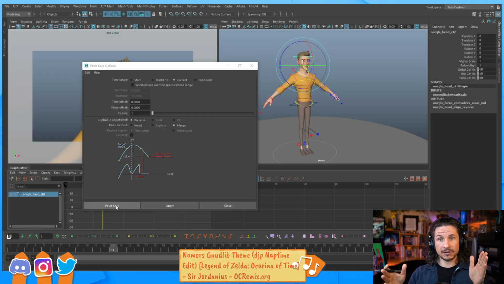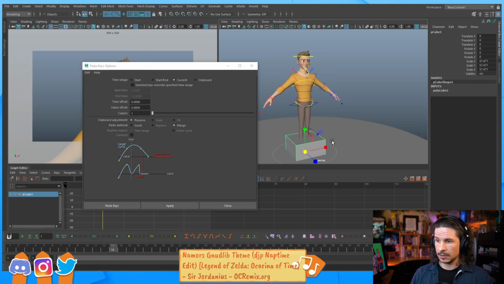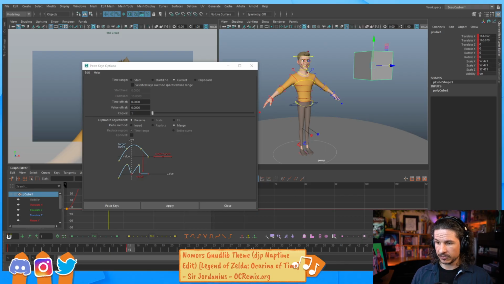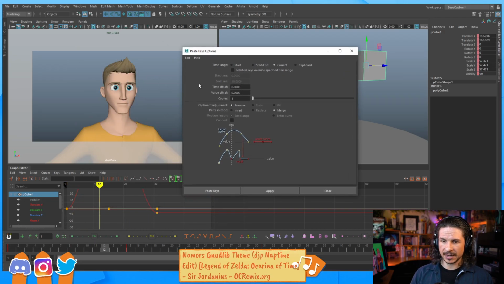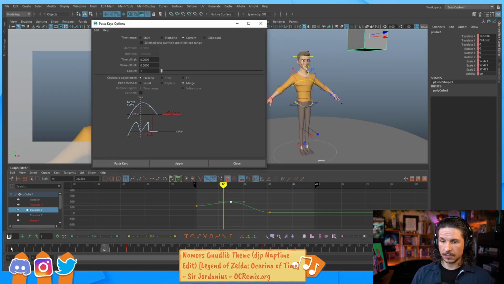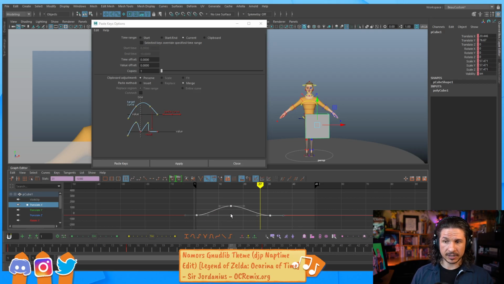So if I copied my animation from frame, let's do this. I'm going to create a simple cube. And we're just going to do some simple animation here, from frame 1 to 15 and then to 31 like that. Okay. So this is not a great animation by any means, but I just want some motion here. Okay. So the cube goes over and then back. There we go. So if I was to copy this animation here, we'll just go to Edit, Copy,